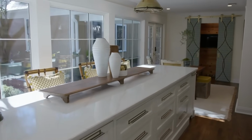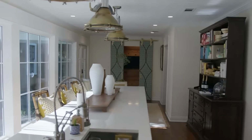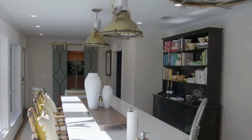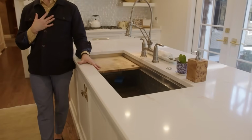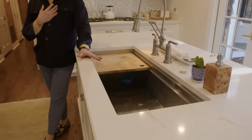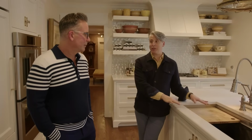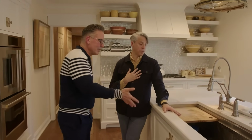But one of the things that really became important as we were working on our kitchen was we each wanted certain things. Brennan really wanted a workstation sink, which we really do love. This is a Kraus sink, and it is one of the most ideal things that we have brought into the kitchen, just in terms of throwing a dinner party and keeping things hidden and tucked away. It's so functional. Whenever we work with clients and we're renovating a kitchen, since we've lived with this sink, we highly recommend a big, deep workstation kitchen sink, because you can hide all kinds of dishes in there when you have